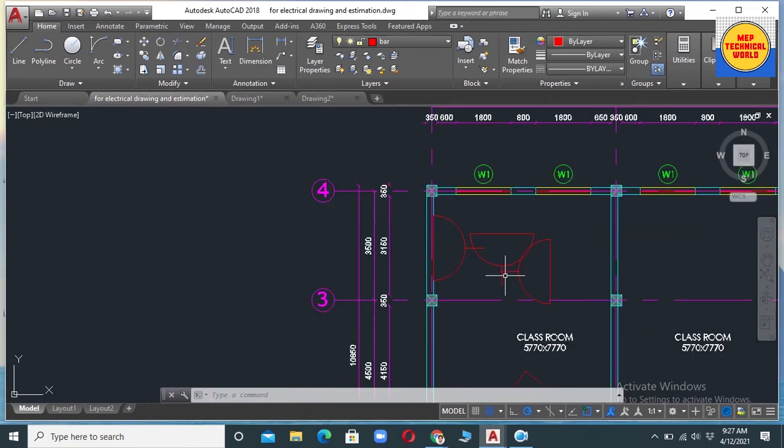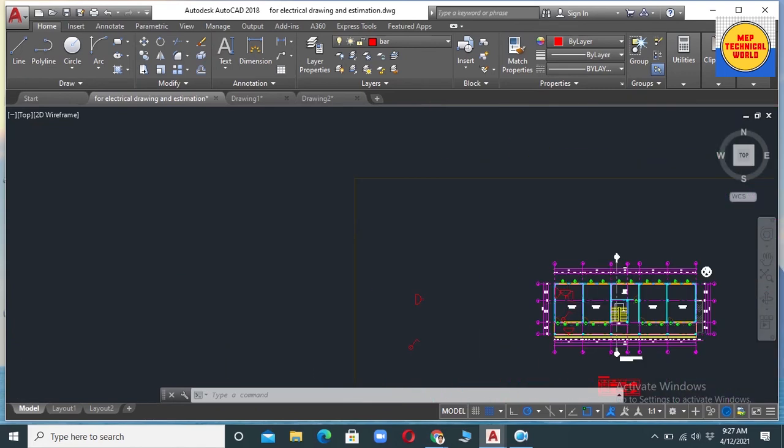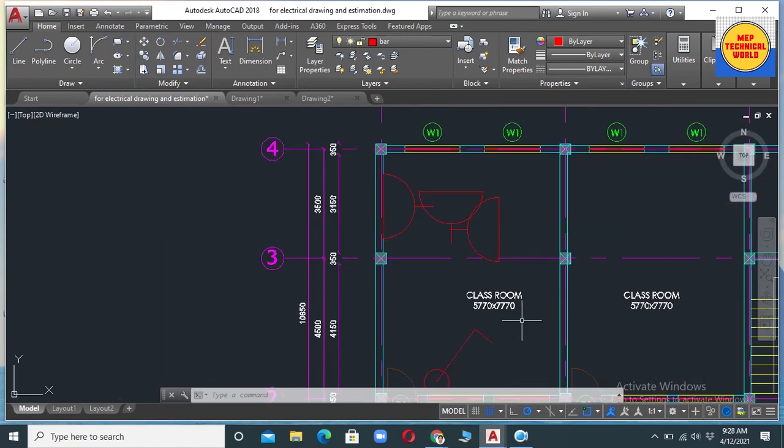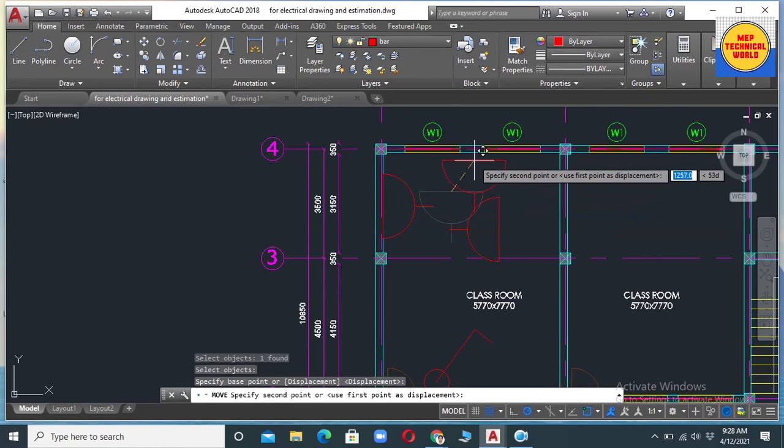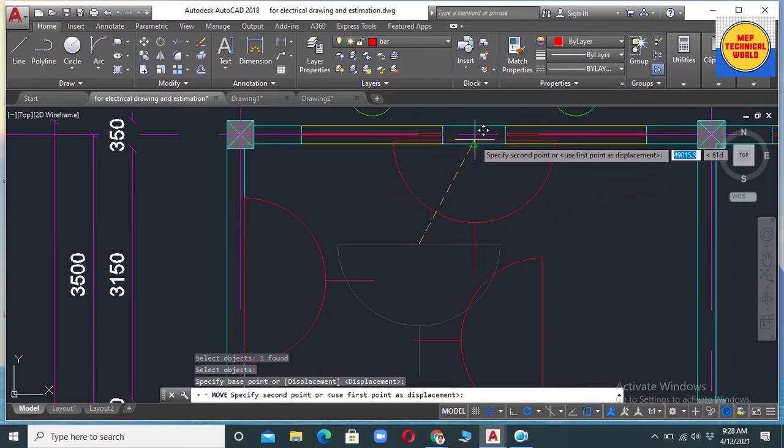Now let's place this power socket towards this wall, and this power socket towards this wall, by using the move command. So let's use M, the move command. Click on the object which you want to move and specify the base point. Here I want to place this power socket.